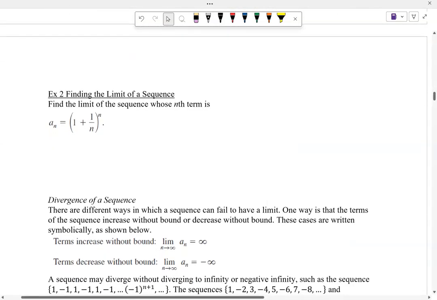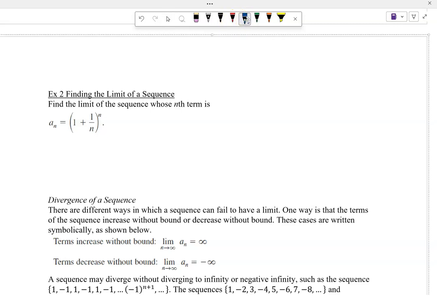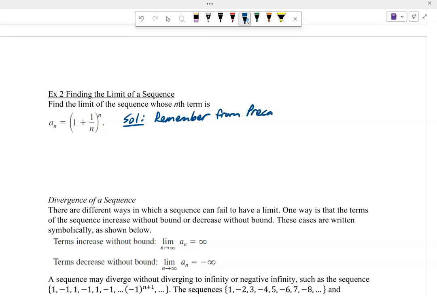Okay. All right, let's go ahead and look at this first one. And let's see if we can find the limit on this. Find the limit of the sequence whose nth term is shown. And a solution on this, remember, it's been probably a little bit, but remember from pre-calculus, that the limit as x goes to infinity of 1 plus 1 over x to the x is the definition of the irrational number e. That's right. Therefore,